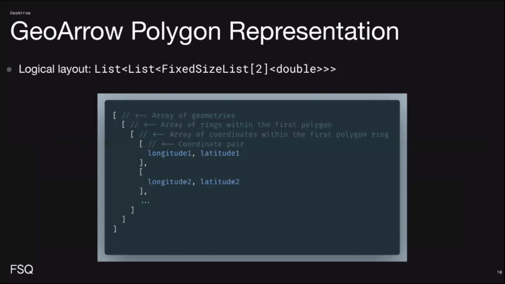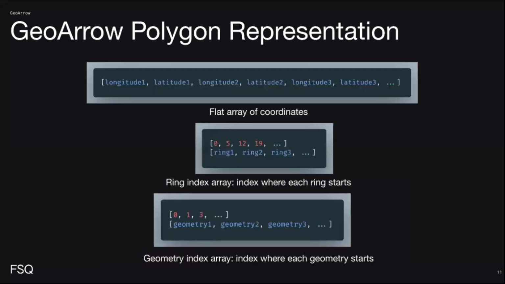Next, let's look at something a little bit more complex. How do you store polygons? Polygons have a level of nesting that's also similar logically to what GeoJSON looks like. So you have an array of geometries, an array of rings, an array of coordinates. This is the same as if you had a list of GeoJSON polygon coordinates. Similarly, there is an efficient physical representation for how these polygons are stored in memory. So you have this flat array of coordinates, just like that point buffer, but you also have 2